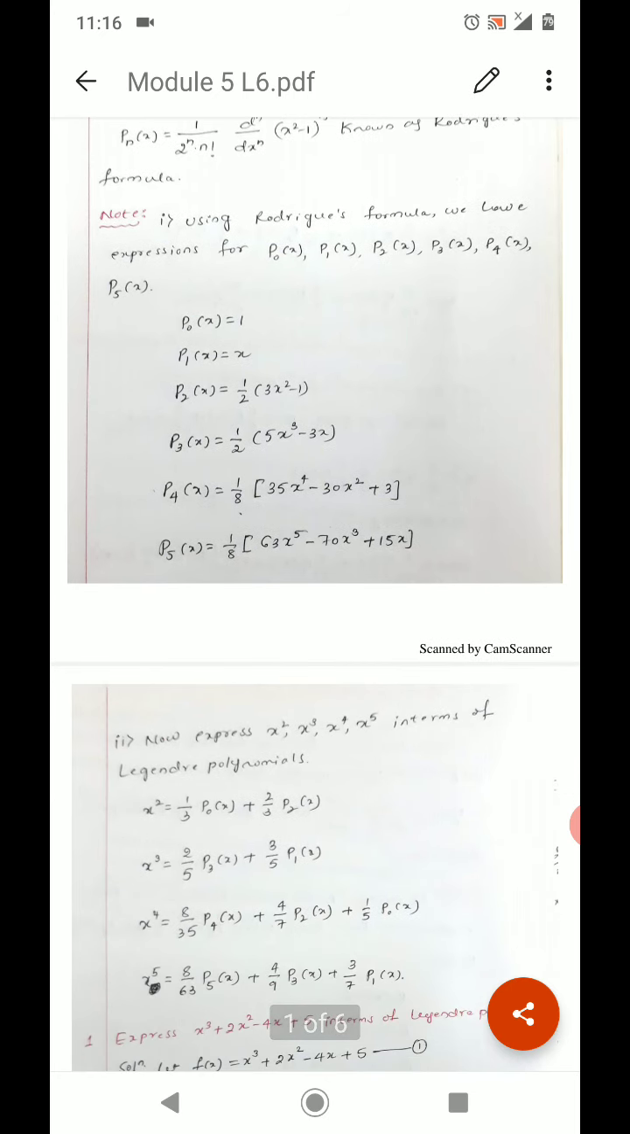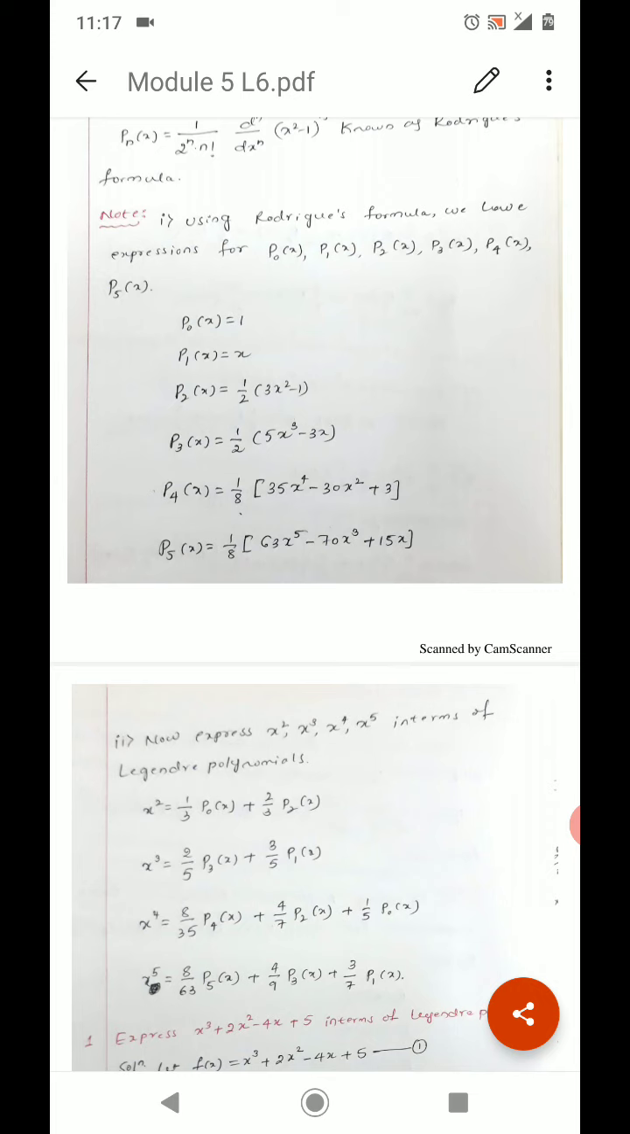And also we can express x square, x cube, x power 4, x power 5 in terms of Legendre polynomials. By using above results, we can obtain x square is equal to 1 by 3 P0 of x plus 2 by 3 P2 of x, x cube equal to 2 by 5 P3 of x plus 3 by 5 P1 of x,